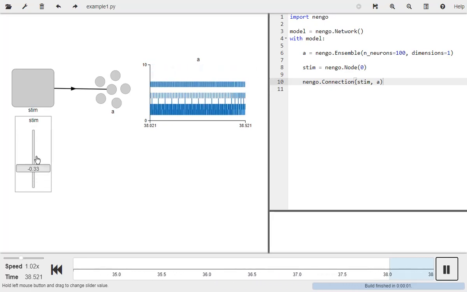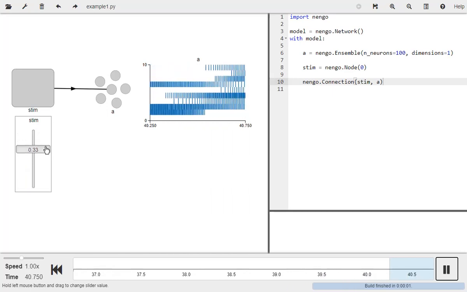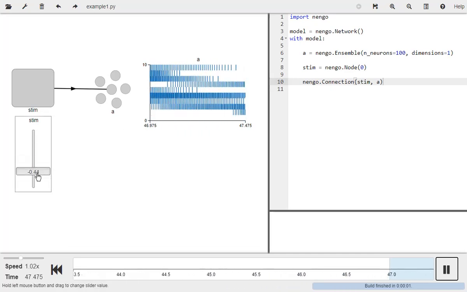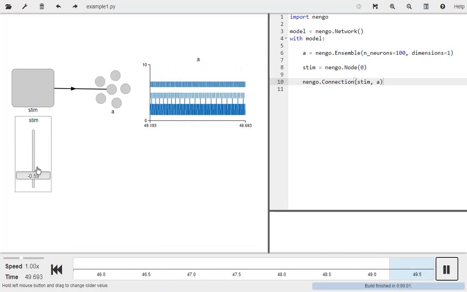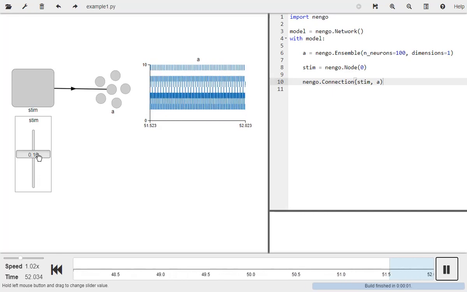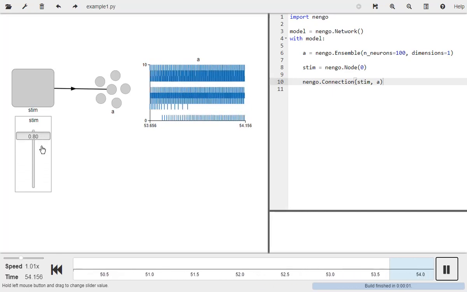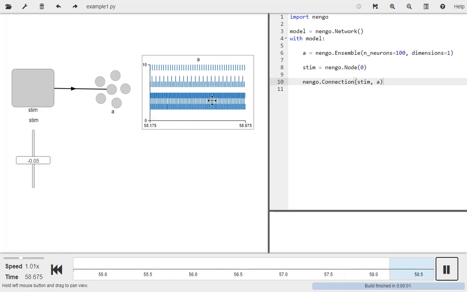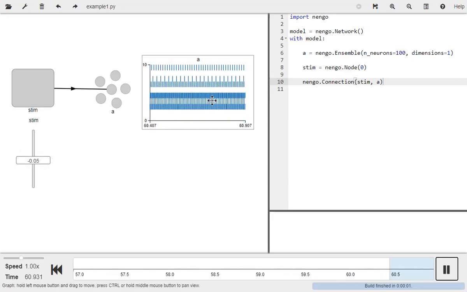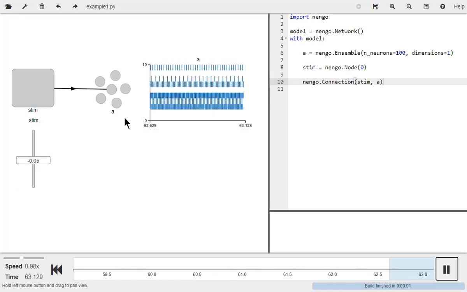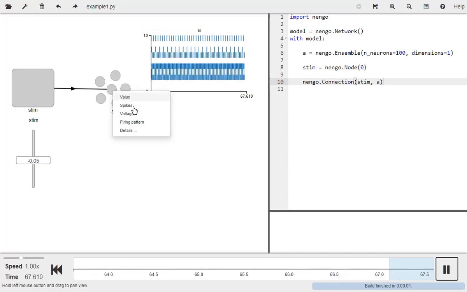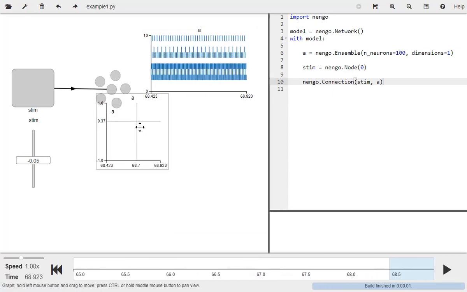That's just, I mean, really all that's saying is, yes, we can make a simulation that has tuning curves that we've fit to what we desire. But really, staring at these spikes, if there's particular neural data I'm comparing to, maybe that's useful. But most of the time, I don't really care about what individual neurons are doing. If those neurons are working together to represent something, then I should really want to care about, well, what is it that they're representing? If I right-click on A and say value,